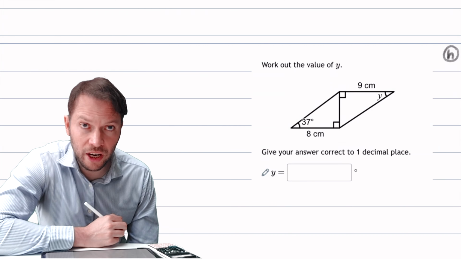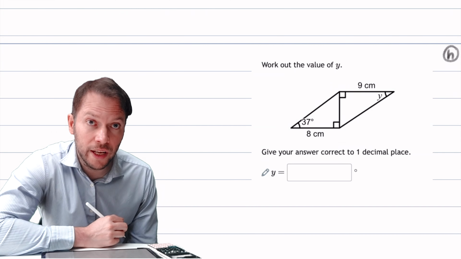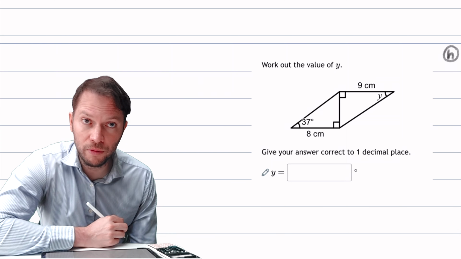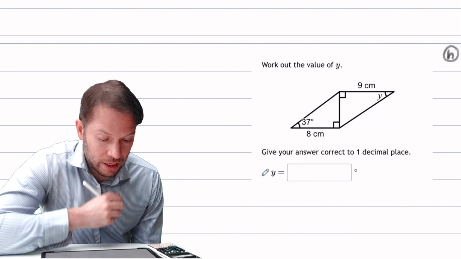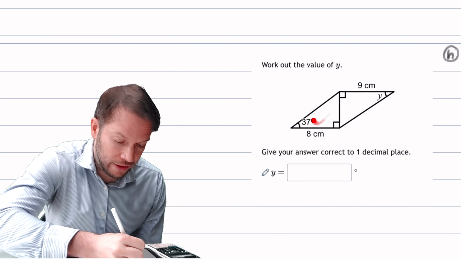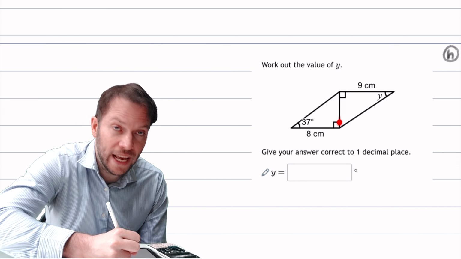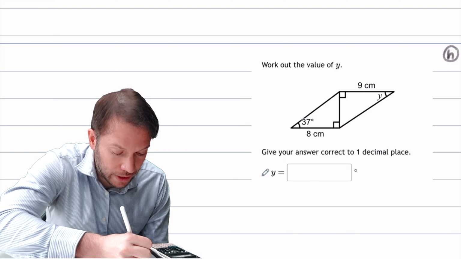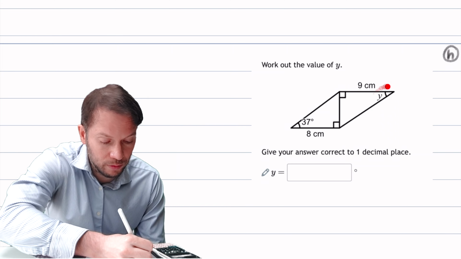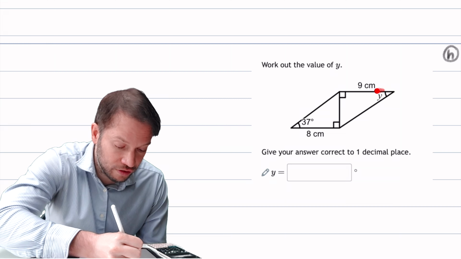Hi, in this video we're going to use trigonometry twice in order to find an unknown angle in a right angle triangle. Now we've got these two triangles here, this one and this one. They're both right angle, which is great because we can use trigonometry, and they have this shared length in the middle. Now we're trying to find this angle y here, which is unknown, but we can't use this triangle immediately